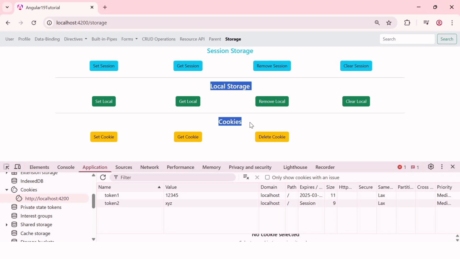Therefore, both local storage and cookies are used to store data on the client side. However, they serve different purposes. Local storage is suitable for storing larger amounts of data that don't need to be sent to the server. On the other hand, cookies are better suited for storing smaller amounts of data that need to be sent with each HTTP request. So I hope this explanation has helped you to understand the concept of session storage, local storage,